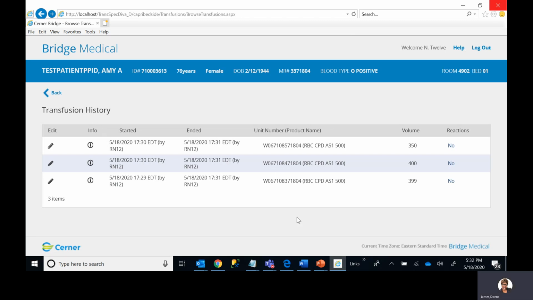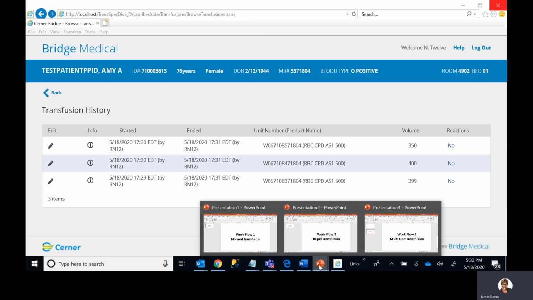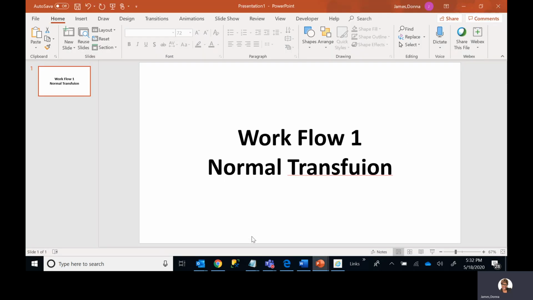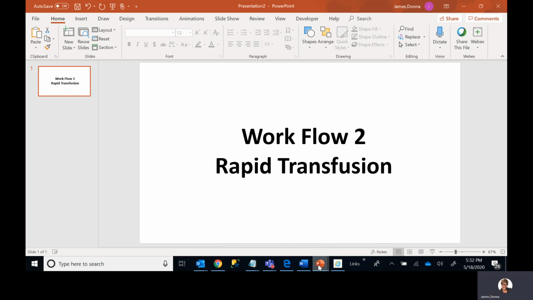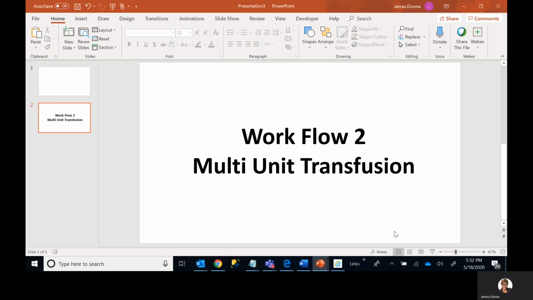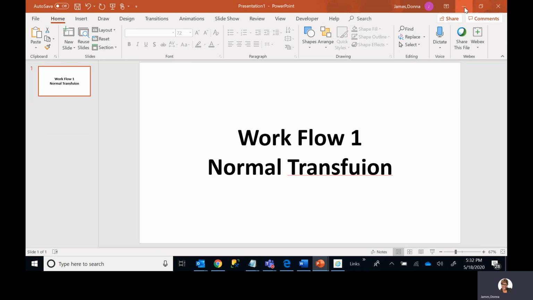So I have outlined the following workflows with transfusion. I have outlined the normal transfusion, the rapid start transfusion, and the multi-unit transfusion. Remember the areas that were design decisions. Please take advantage to pause those videos to have a discussion to identify what should populate in those areas so we can make the suggested changes. This finalizes the workflow for blood transfusion utilizing the bridge medical